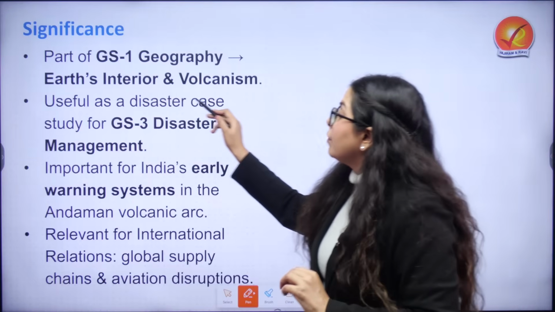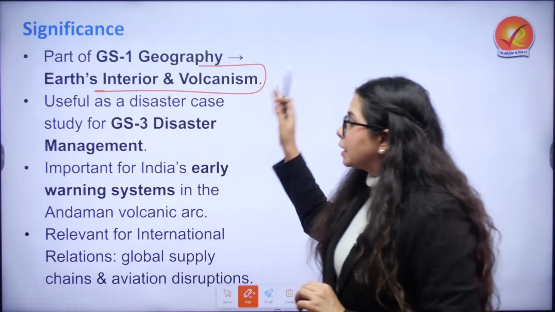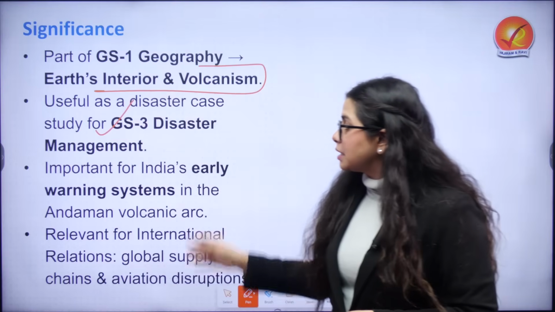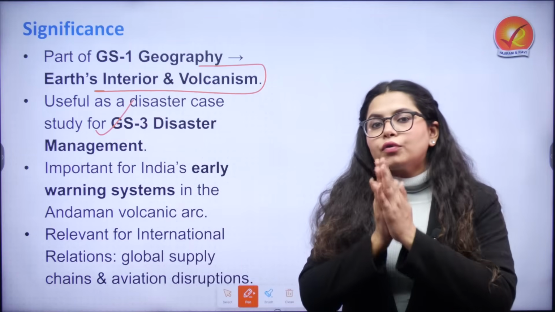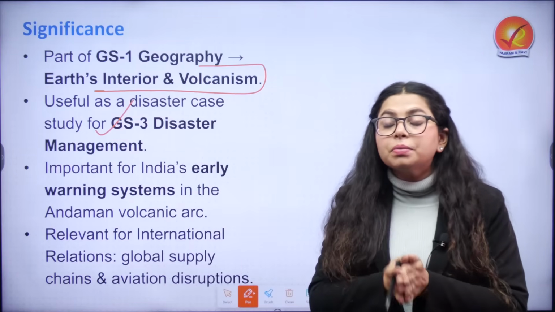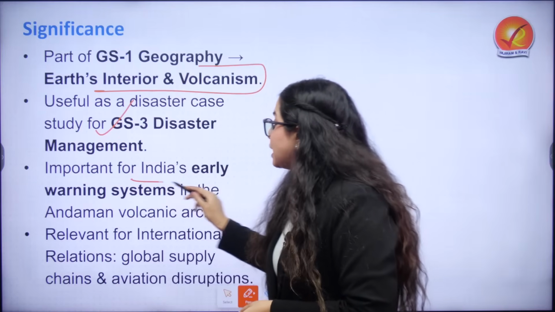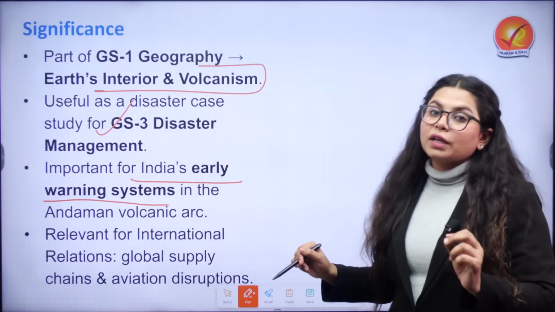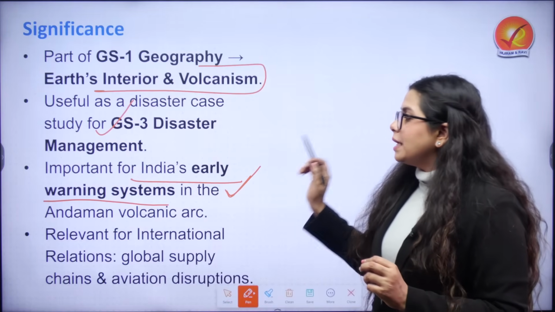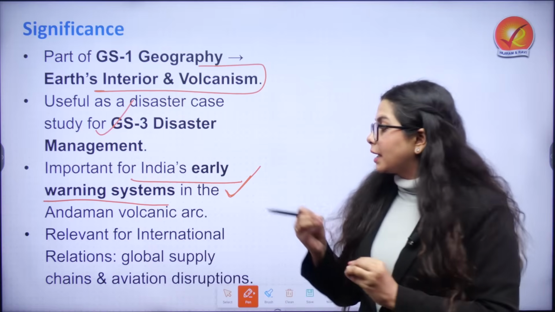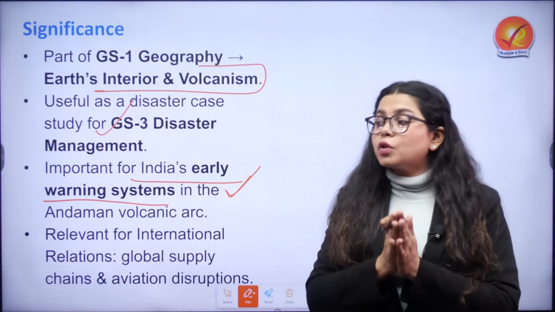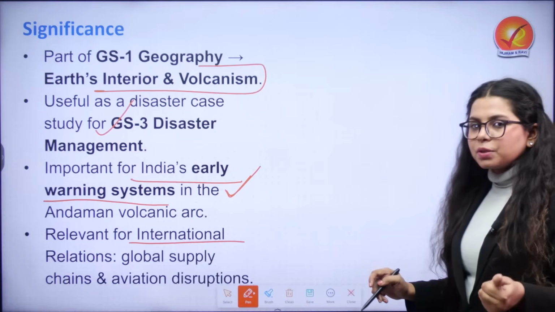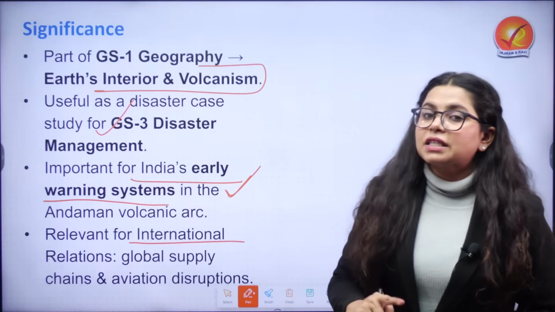and the topic where we address Earth's interior and volcanism. They are also directly related to disaster management, GS3 paper. In disaster management, you also have to look into India's early warning systems, especially the Andaman volcanic arc, because that is the only place where we have an active volcano. This is also relevant in terms of international relations, because such eruptions can impact global supply chains and